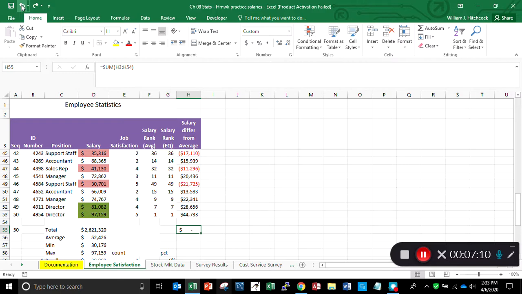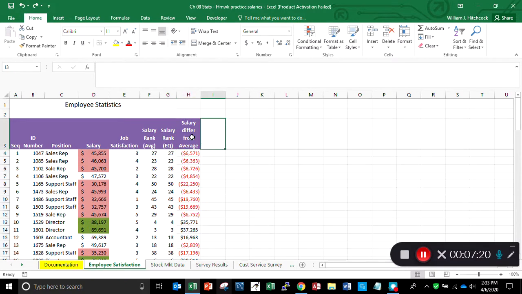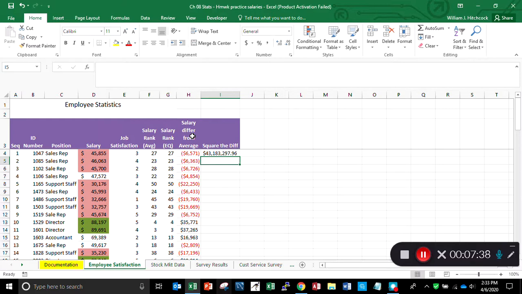So there's my difference from the average. All right, next what I want to do is take that difference and square it. So we'll say square the difference. By squaring it, it's just equal to this number, caret, and raise it to the second power. And you get a huge number. But the idea is what we're doing